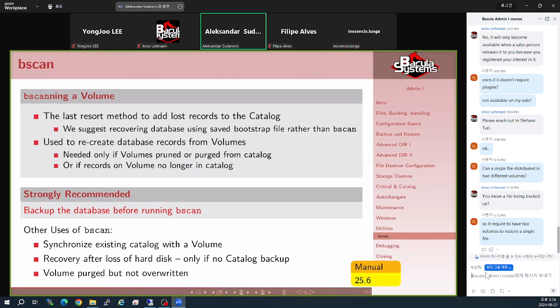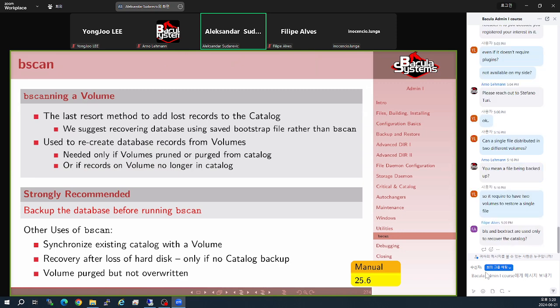But what happens if you have run a certain amount of jobs, then a catalog backup, and then run some new jobs, okay? Once you restore the latest backup, not all of the jobs will be recorded. In that case, you can do one of two things. One is to rerun those jobs